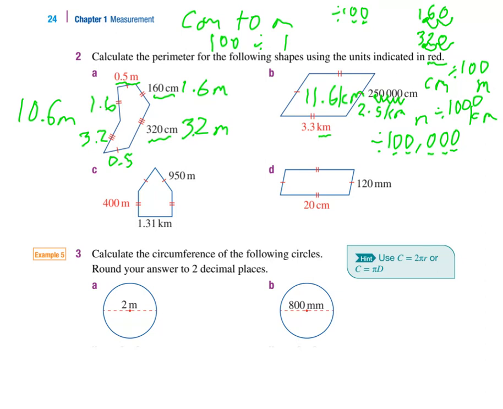Okay, now when we move over to C, we've got 400 meters. So we need to convert everything into meters. The 950 is already there, so we won't need to convert that one. There's our 950 there as well. This one will also be 400 meters. We only need to fix this bottom one. We need to go from kilometers to meters. And just like we saw earlier on, it would be to divide by 1,000 going one way,